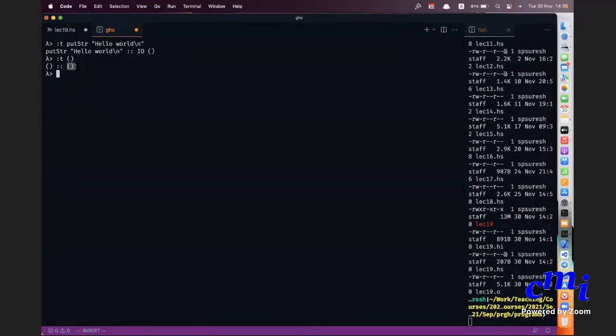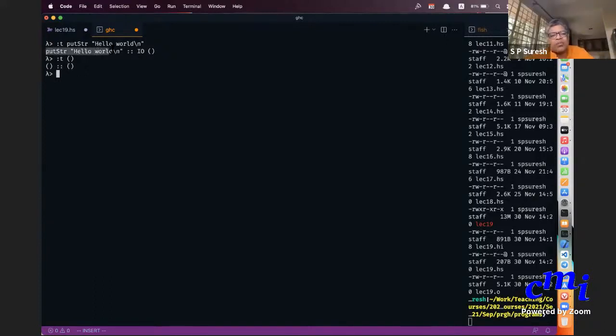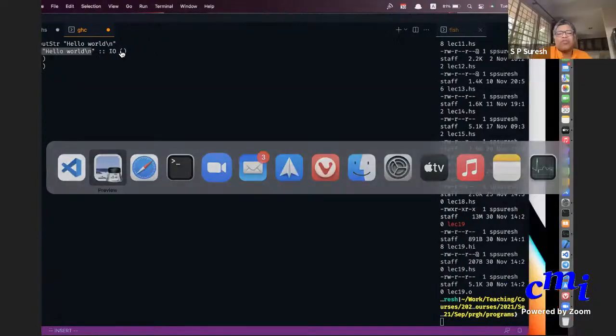Yes, sir, I think so. Yeah, here putStr, there is no return value. It is doing some side effect, namely printing something on screen, but it is not like fib 50 or whatever that produces a number. It just prints something on screen, that's all. There is no value of the function that you will later use. So that is why you put unit, but then there is a side effect, so you put IO unit. That's basically it.